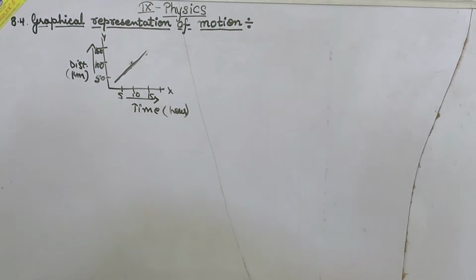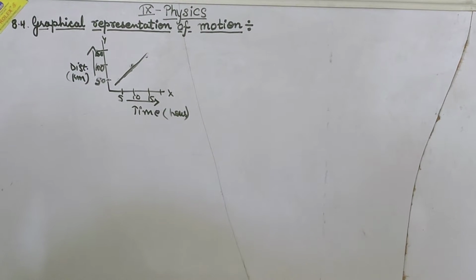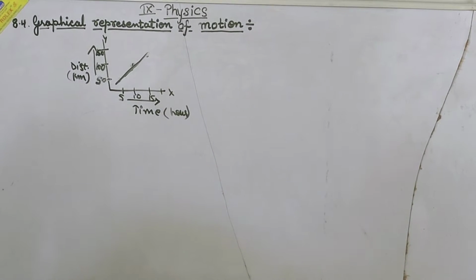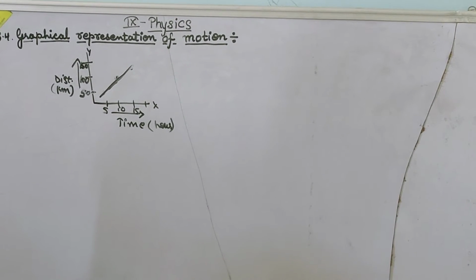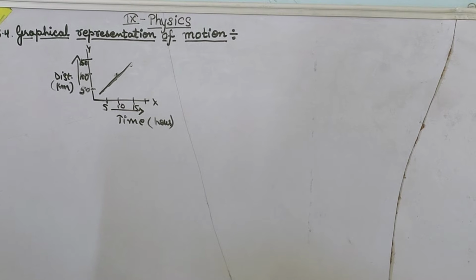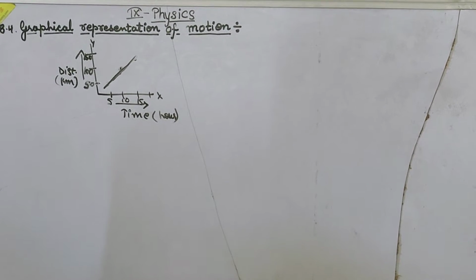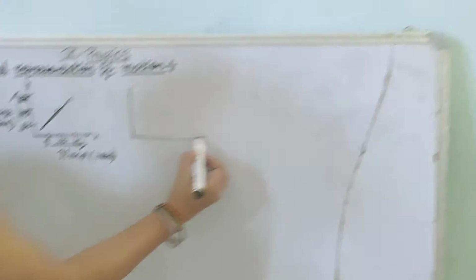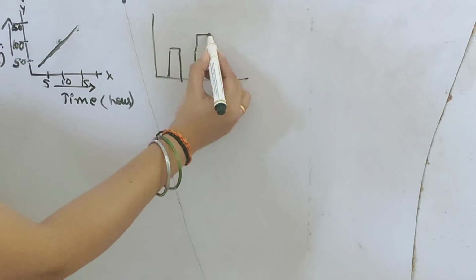So a graph is considered a very easy and typical method of representing data. It is used in maths and in all fields of science as well. For example, in the telecast of a one-day cricket match, vertical bar graphs show the run rate of a team in each over. In this book it is written that we can represent cricket match data in bar graphs also. Bar graphs are drawn in such a way that we represent the data in the form of bars.